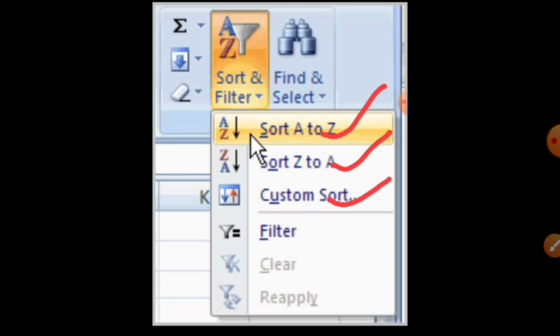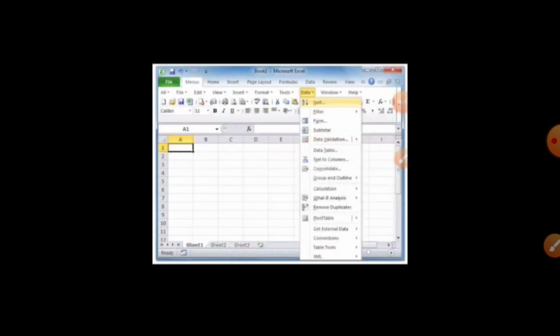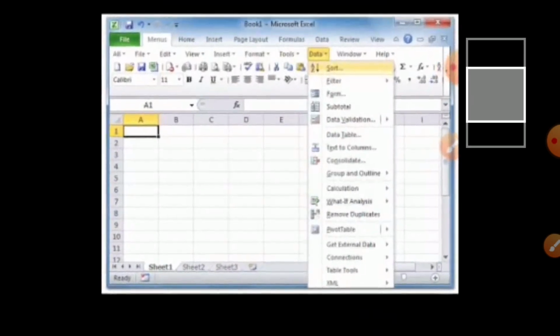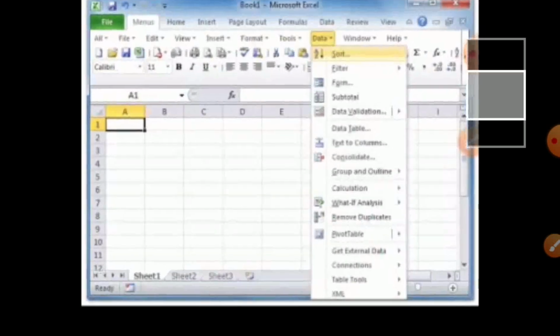Here you find three options, which I will tell you about later. So in the Sort and Filter group we get three things: Sort A to Z, Z to A, and Custom Sort, and the third is the Filter, for a particular selection.